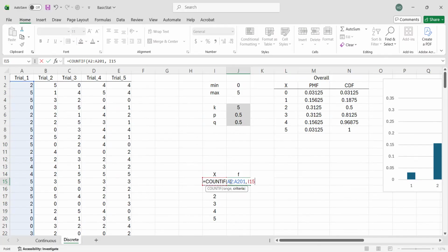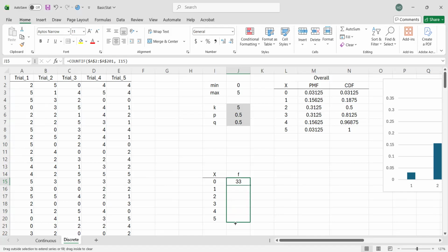Again, if you want to reuse this range, since we're going to use the formula later, we put dollar signs. So now that's for this one. By the way, this is for trial 1.